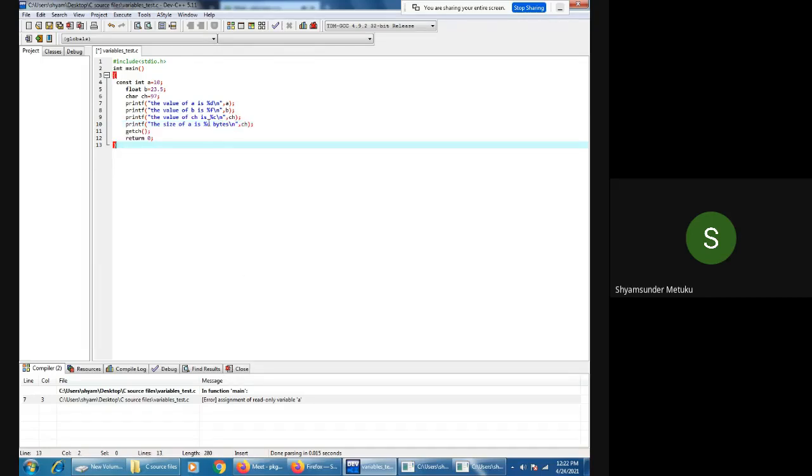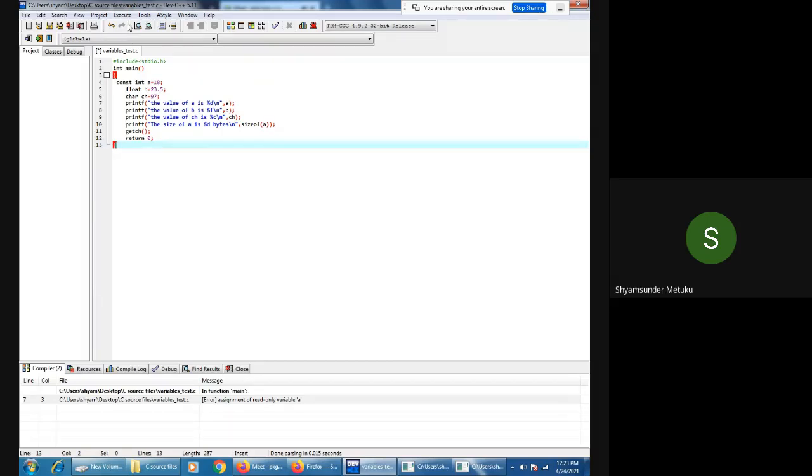So when I say percentile D, whether it is a character, float, or integer, always the number of bytes will be in the integer only. That is the reason percentile D you are supposed to use. So initially I wanted to verify the size of the integer, means how many bytes it is trying to occupy. So there is an operator called sizeof operator. It should be written this way. This is the syntax. Simply write sizeof, within the parentheses you mention the name of the variable. Okay, sizeof A, if you write this way, how much size this variable A is taking, that you can display here. Correct?